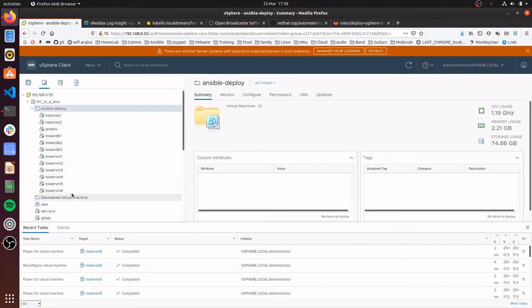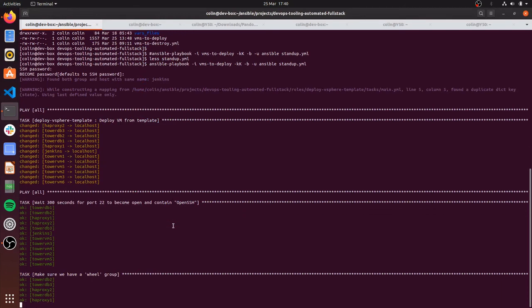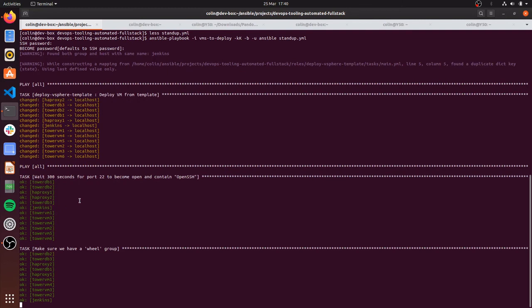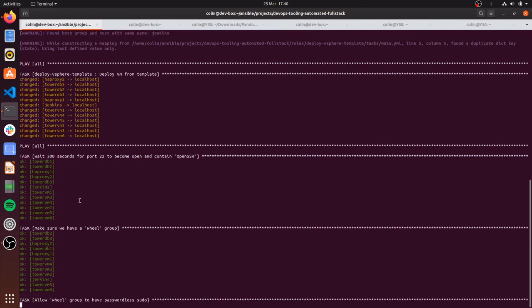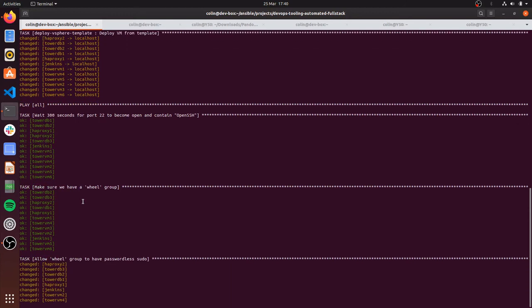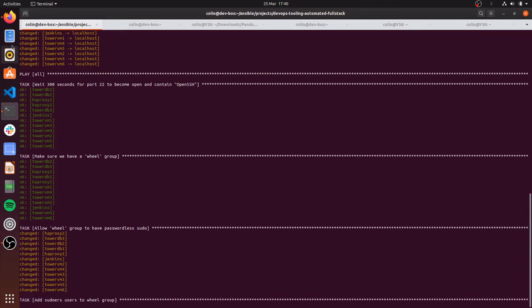Here we see all the VMs are now stood up, and if we look at the code, the VMs have all been deployed, and we're now waiting for them to come up. We're waiting 300 seconds until port 22 becomes available, so then Ansible can continue running. Just making sure we've got a wheel group, and we're adding passwordless sudo to that wheel group,